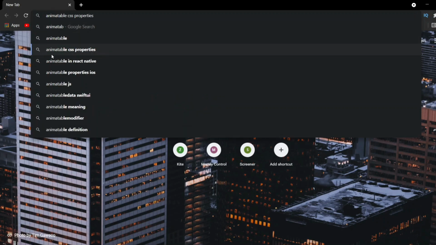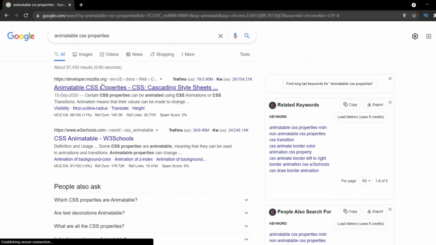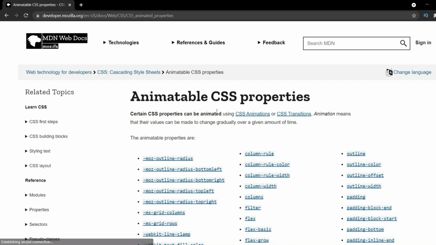You can see here animatable CSS properties, which just means all the CSS properties you can animate. This is the site developer.mozilla.org. Here you can find all the CSS properties that you can actually manipulate using CSS animation.